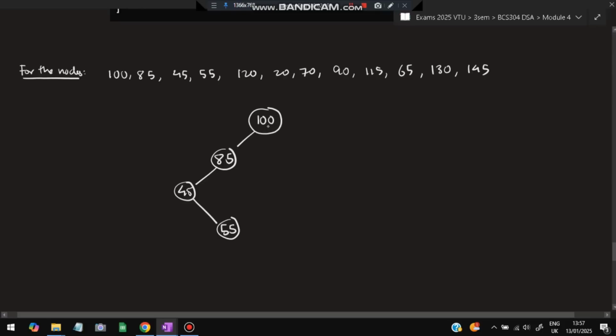120, 120 is greater or lesser than 100? It is greater than 100, so I'll take it here. 120. 20, 20 is lesser than 100, lesser than 85, lesser than 45, so 20 will be taken here. 70, 70 is lesser than 100, lesser than 85, but greater than 45 and greater than 55, so 70 will